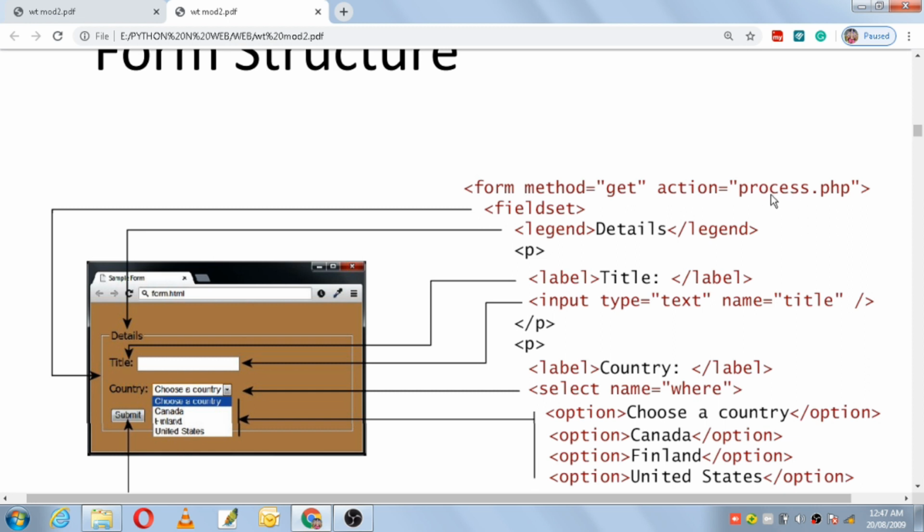So you can specify the file name or you can specify the URL of the server side script which will be processing your form data. Usually it is written in PHP. So action is very simple. Action is an attribute which will be storing the value of the URL of the server side code. But for method you have two types, that is the get method and the post method. We need to know what is the difference between the get method and the post method.